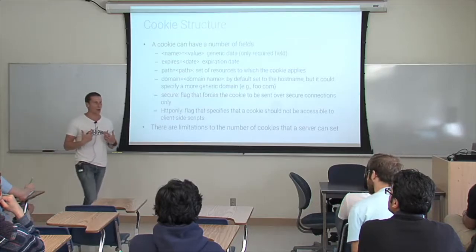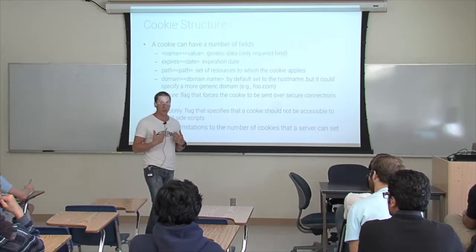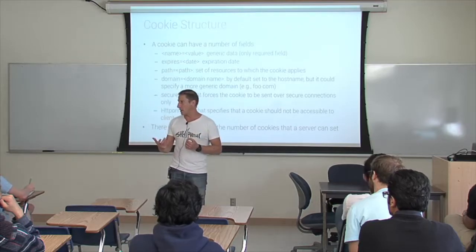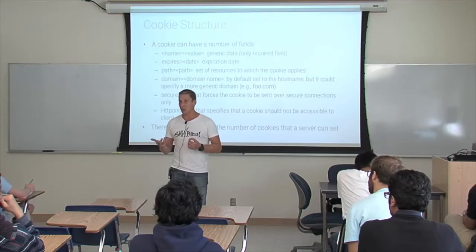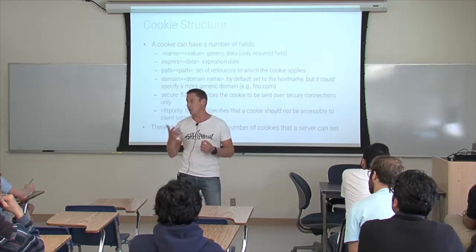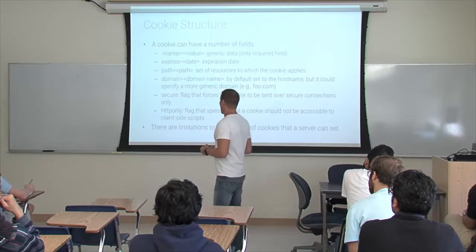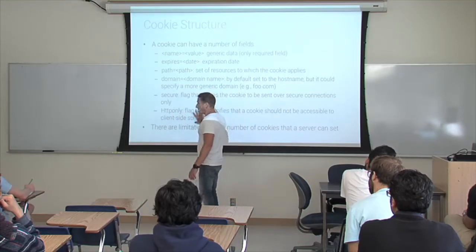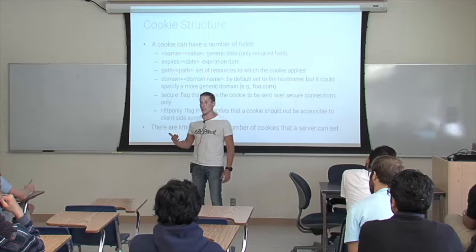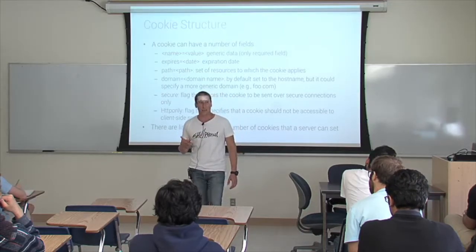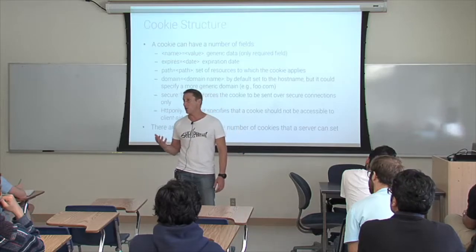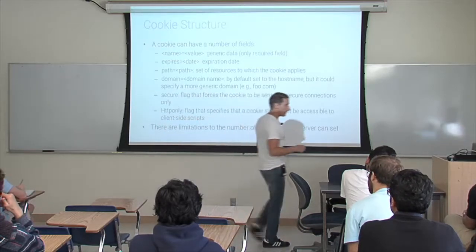And in the browser document object model, you can actually ask for the cookie for that document. And by doing that, if you are executing, as we will see, malicious JavaScript, you could leak this information to a third party. By specifying HttpOnly, you make sure that the cookie is not accessible to JavaScript. So even if somebody is able to inject malicious JavaScript in your website, they will not be able to access that sensitive information.